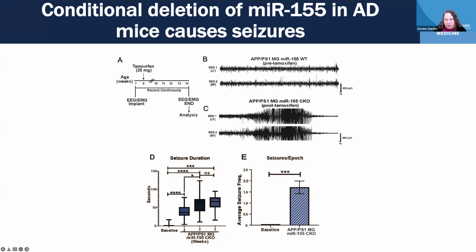And when we looked at the weeks after tamoxifen treatment, we saw increases in seizure duration and increases in the number of seizures. So clearly, during these studies, several mice that were implanted with these electrodes exhibited SUDEP, basically they have a seizure and die. So we were pretty confident that even though we saw removal of plaque, the mice were having worsening hyperexcitability, epilepsy, and SUDEP, and that was the cause of their mortality.